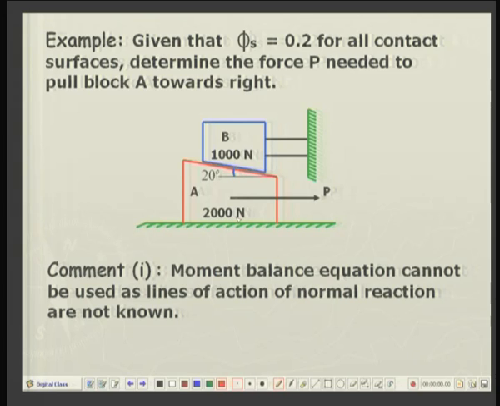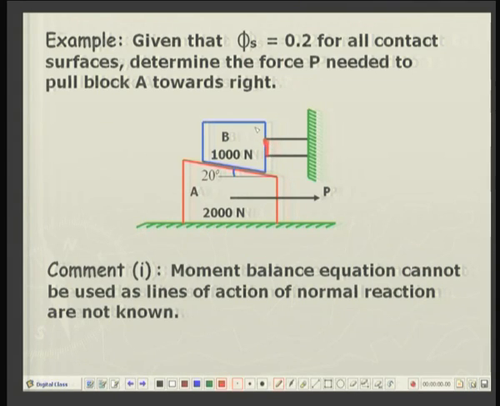So, here is a system of two blocks, block A and block B. There is an inclined wedge-like surface at an angle 20 degrees to the horizontal. So, block B is resting on block A on this inclined surface, and also block B is resting against a stopper